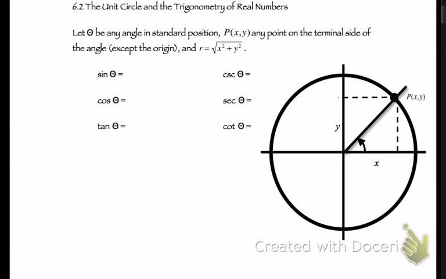Okay, 6-2, unit circle, trig of real numbers. This is the last day. Feels like we've been in this forever, but 6.2 video, day 6. In day 6 video, I am just going to simply practice some more with evaluating those trig functions without a